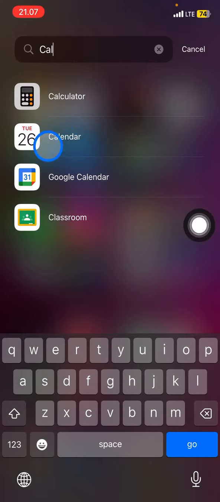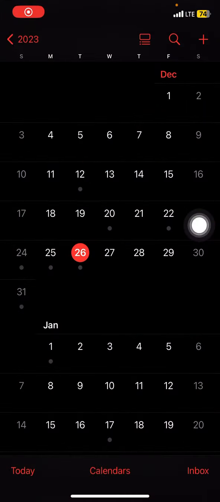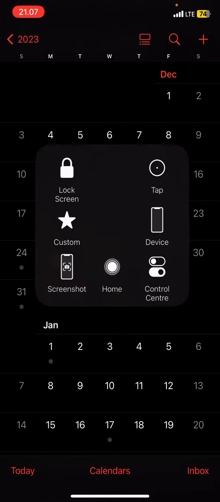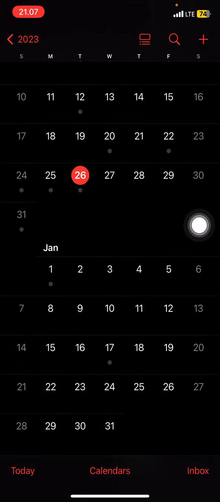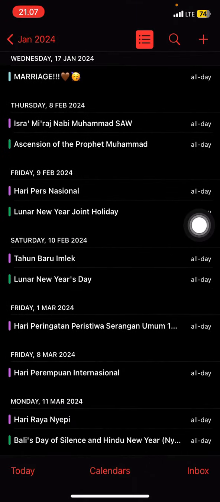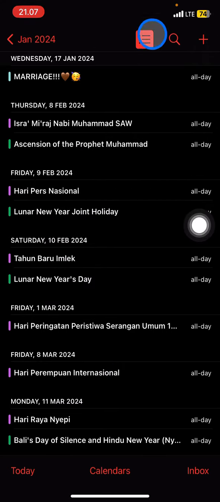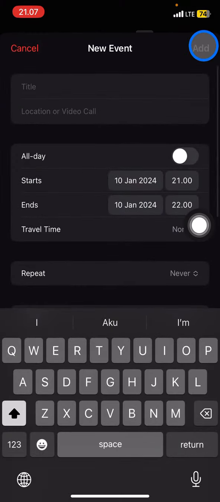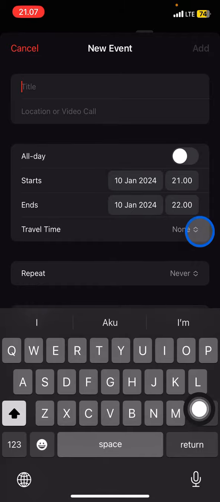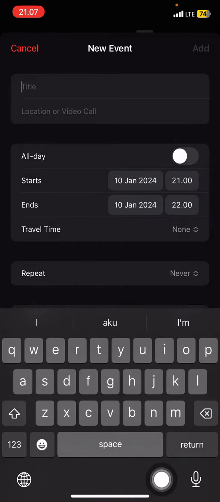So you just need to click this part, and now you just need to choose the date that you want to mark. For example, let's say 10 January 2024, and then you just need to take a look at this upper right corner right here, and after that you just need to click this plus button, and now you just need to name the title of the event that you are willing to have on 10th January. So for example, on 10th January you will have a party,